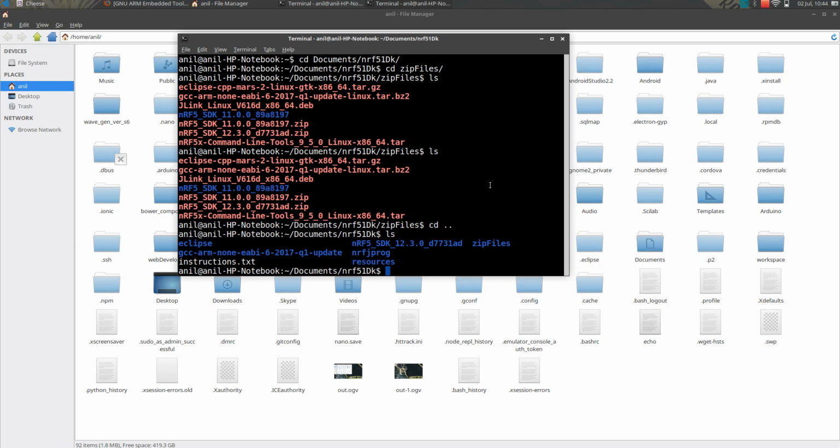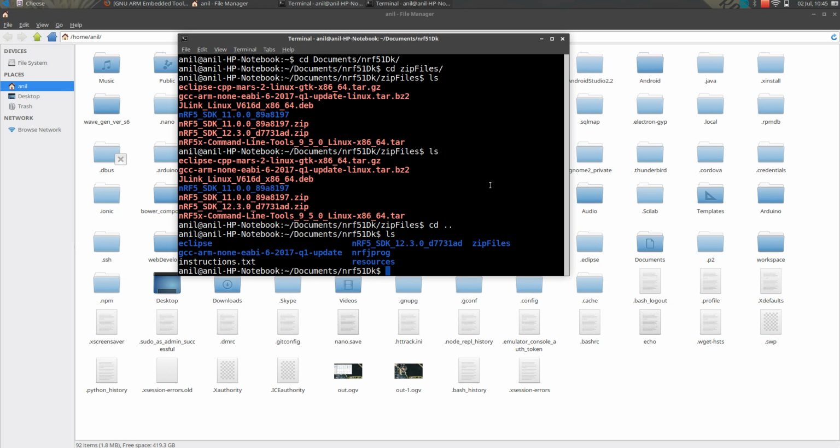Both Keil and IAR Workbench are paid software, and for Keil also, if you wanna go for larger development, you have to pay a license fee. So I'm going to show you how to set up free tools, the GCC tools.